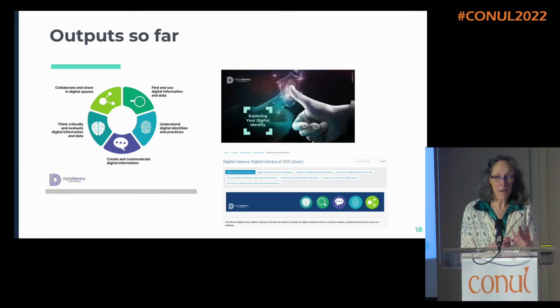So we now have a digital literacy framework. We have a module that is embedded in the VLE. And in fact, Unit 2 of that module has now been incorporated into the module that all students starting UCD have to do, the kind of UCD welcome module.